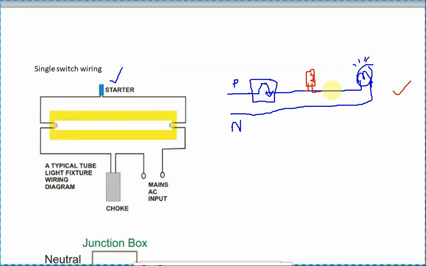It is not harmful, but be very careful once you connect the wire. Use insulation tape. Properly apply the tape. In any case, don't short these two lines. If you short them, you will get a spark. So be careful. In any case, don't short the phase and neutral line.